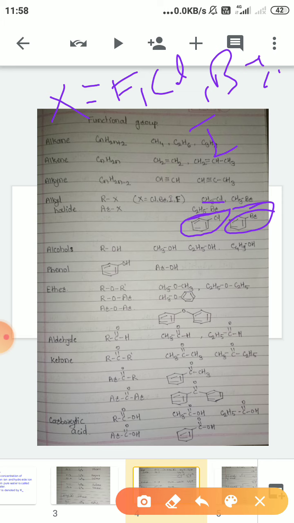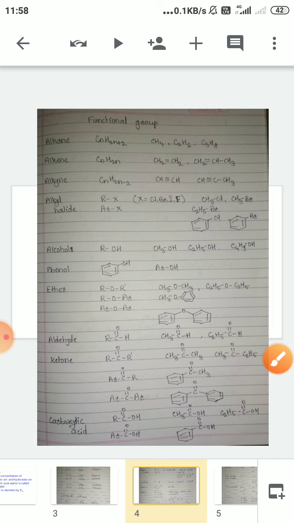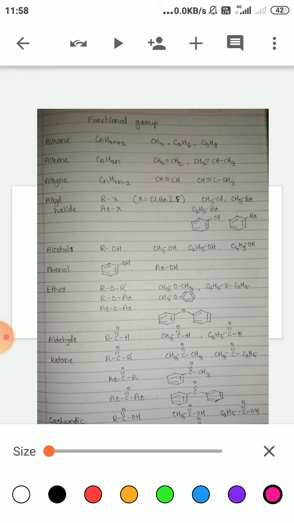In bromobenzene, one hydrogen of benzene is replaced by bromine. Now in this way, if the hydrogen of any hydrocarbon is replaced by a halogen atom, then such compounds are called alkyl halides. Next one is alcohols. Now if the hydrogen atom of alkanes is replaced by OH group, or we can say a hydroxy group, then such a compound is called an alcohol, and the general formula of alcohol is ROH, and the examples are CH3OH methyl alcohol,